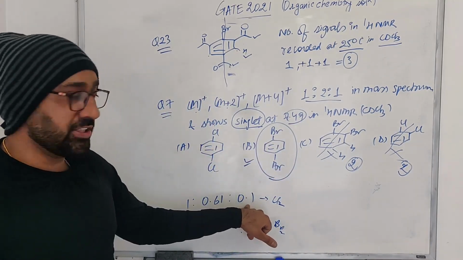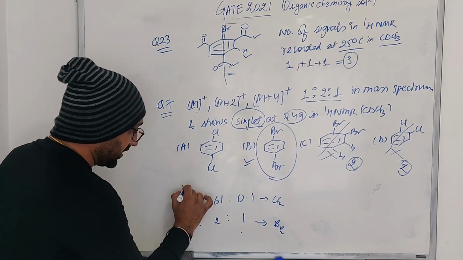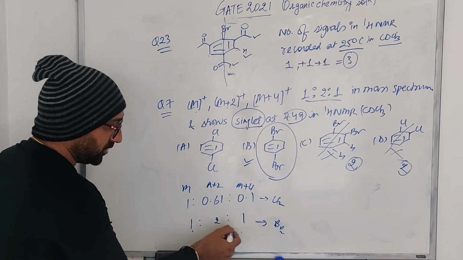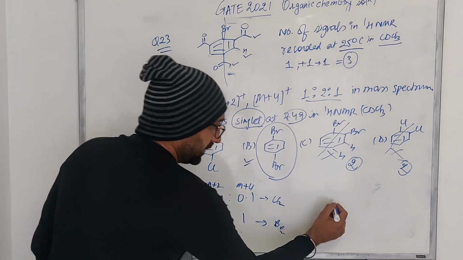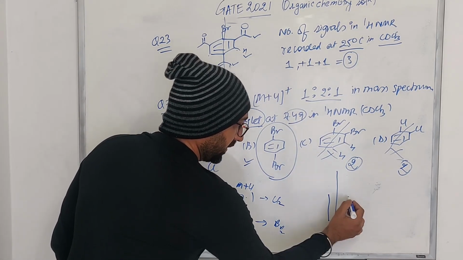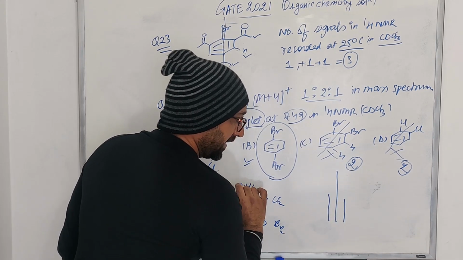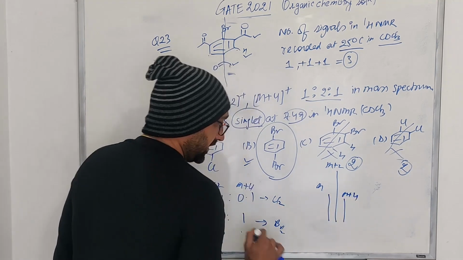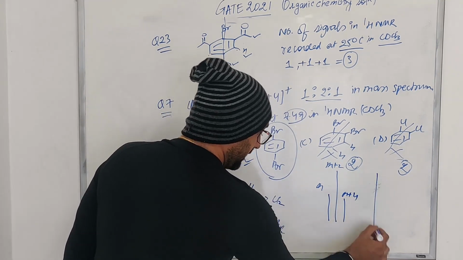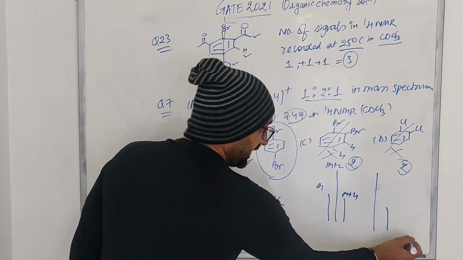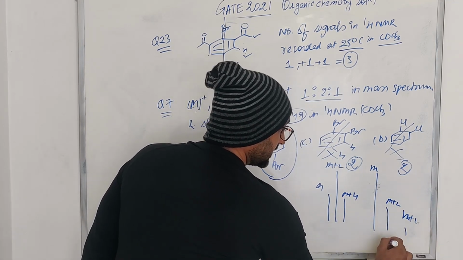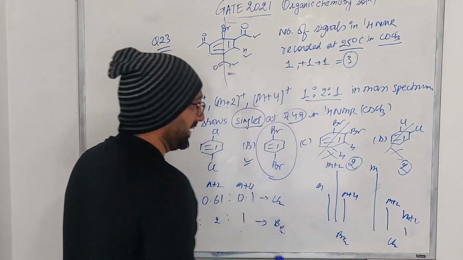2 chlorine की ratio, this is the intensity of M, this is M+2, this is M+4. Whereas in case of bromine, this is what you see when you have 2 bromine atoms. This is M, this is M+2, and this is M+4. Whereas in case of chlorine, what you see is a big peak, and then this peak, and then this peak. This is M+2, M+4. So this is when you have chlorine, and this is when you have 2 bromine.